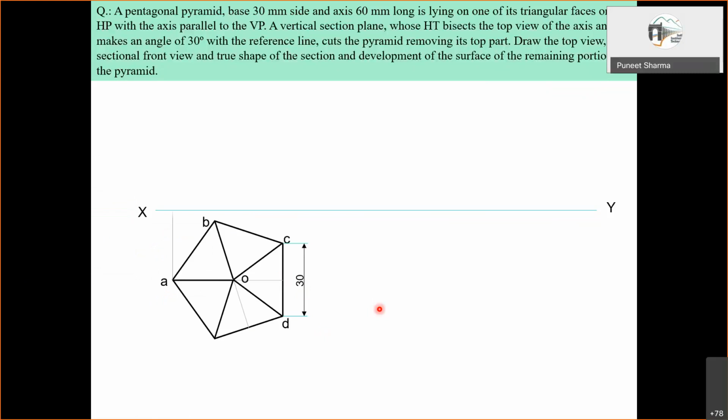So nomenclature. As I keep mentioning, it's better to name this apex as O, then in the subsequent figures it actually gets identified easily. So these are the points of the base in the front view: A dash, B dash, C dash, D dash, E dash, right? And then with the given height of this pyramid, the axis is marked, then we locate O dash, and then draw it complete.